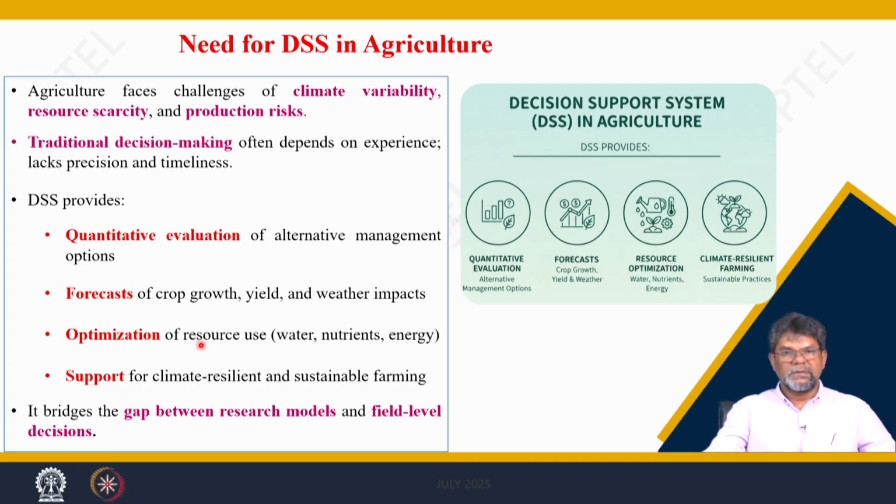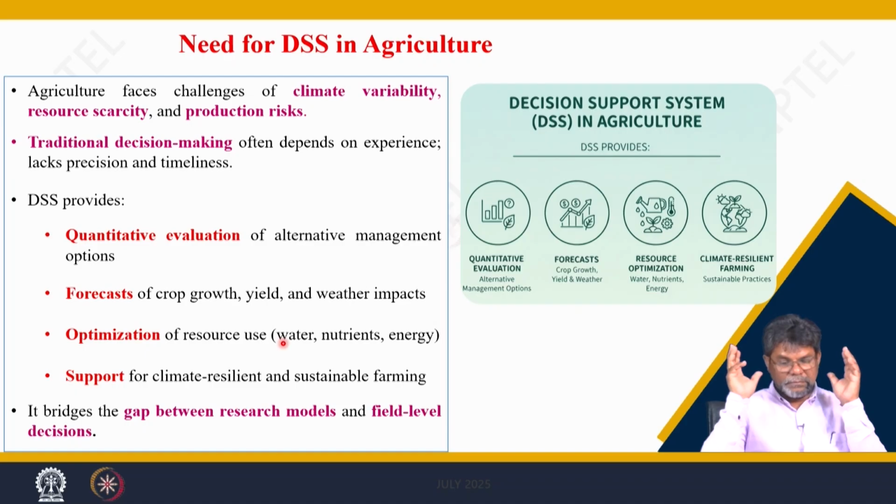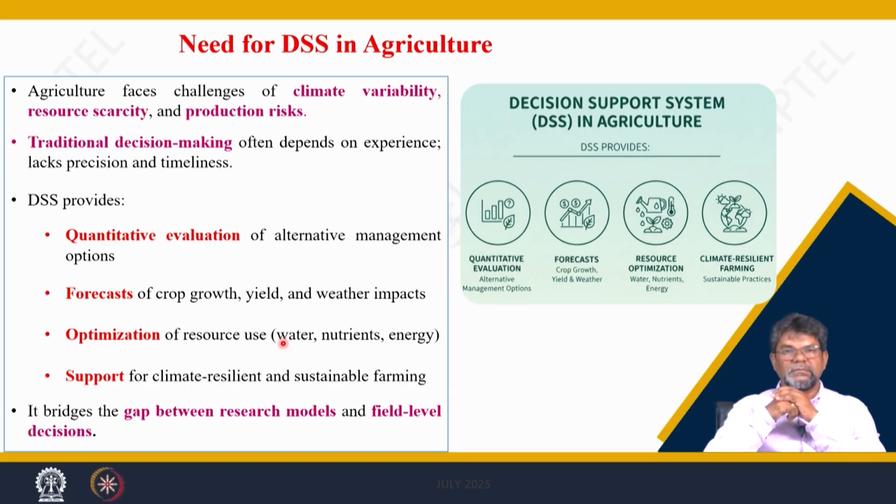This makes optimization of resources possible. How can we optimize resources, such as water and nutrients, because we cannot go on using every resource without limit. Particularly in rice production, the farmers use excess water, because rice is usually grown under the monsoon seasons, that is the wet season, and they keep on pumping the water in the field. Rice does not require pumping water, it needs only saturation. Saturation is enough, because saturation gives a higher yield as compared to flood water. The soil ecosystem is much better under saturated conditions.